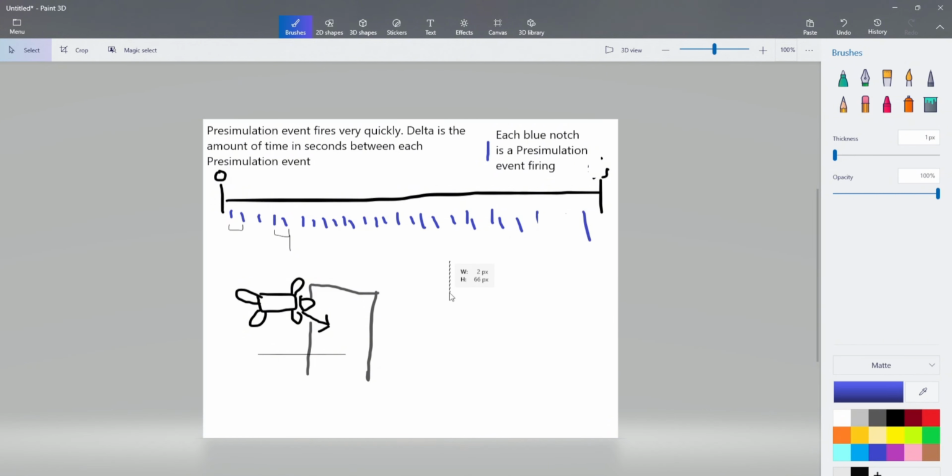So it fires once here. Oh wait, that's not a draw. It fires once here, and then it takes a certain amount of time for the next one to fire. And that delay between each physics pre-simulation fire, when this one fires, it will tell you how much time it took for that one to fire from the last one. And we use that time because with velocity,